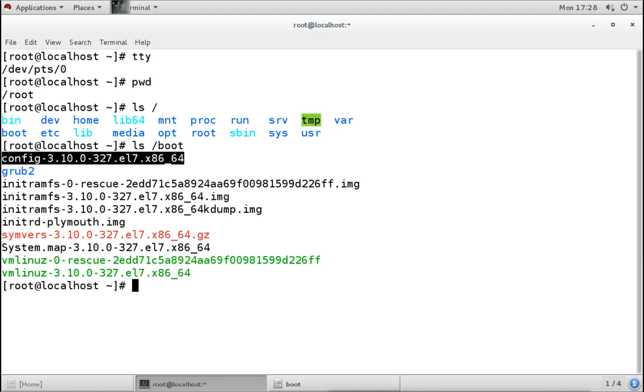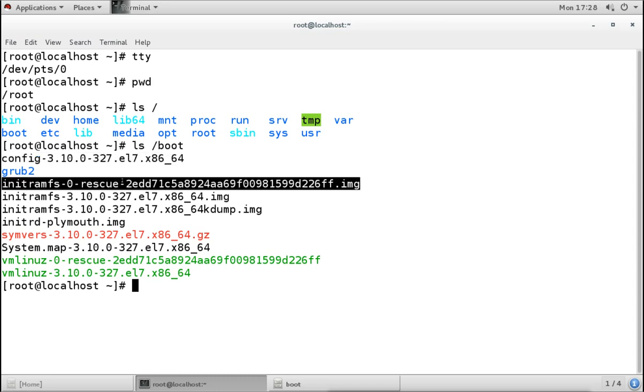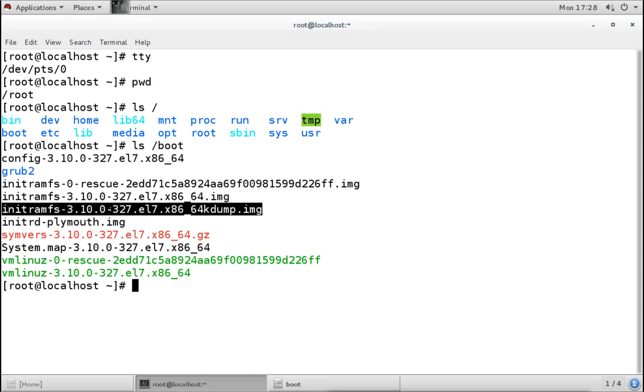That means it is a normal file. So if you see this black or white color based on the background, it will be a normal file. These are normal files.